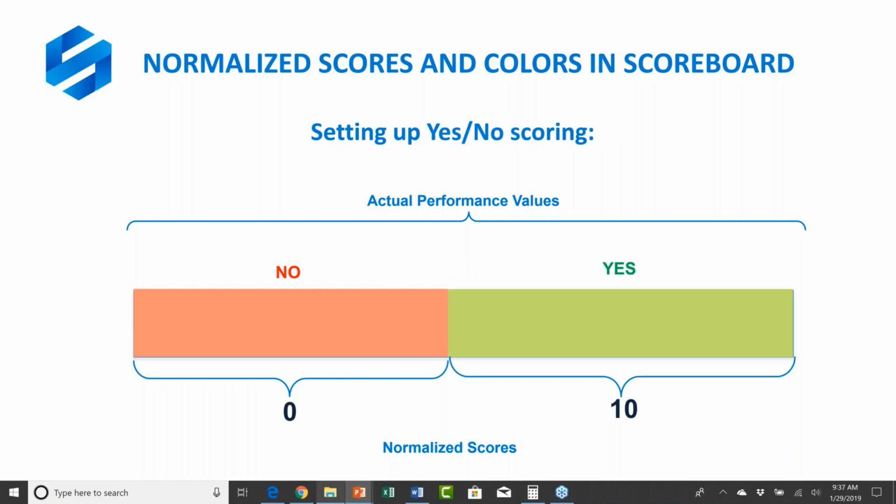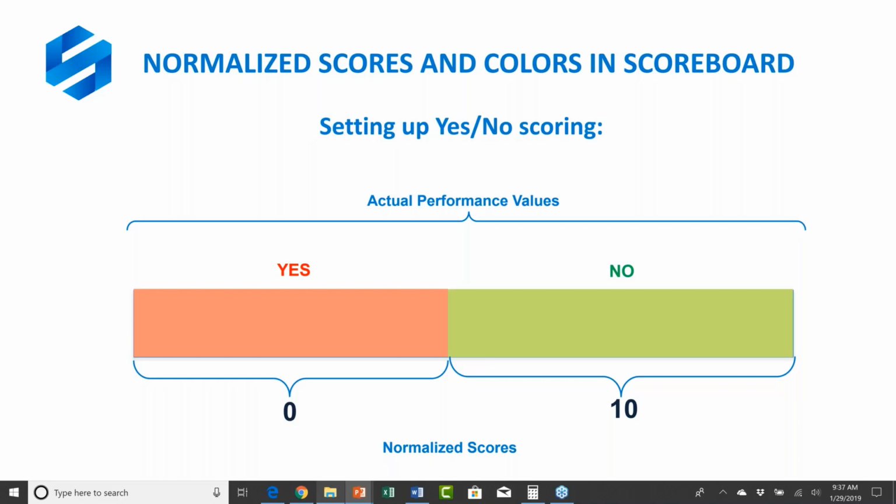Another binary approach here is yes and no. You can set it up so that when people are inputting actual values, the idea would be, did you achieve something? Yes or no? If it's a no, it'll be a 0. If it's a yes, it'll get a normalized score of 10. You can flip that around, by the way, with regard to yeses and nos. If the answer of yes is actually a bad thing, like, did we lose 50 customers this month? If the answer is yes, that's bad. So that would get a score of 0 in a red color, and no would get a score of 10